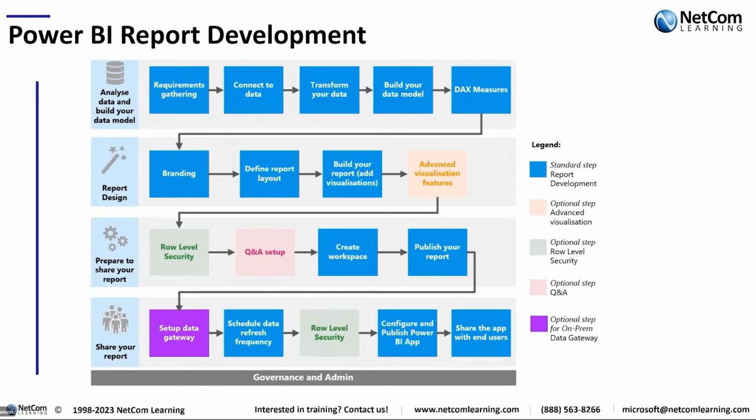Now, the data model may be built for you based on the type of data that you're connecting to. So you may decide that the data model you want will be based on the different tables, columns, and relationships that you want to manually generate for your report. Or you may just choose a data model that's been created for you or that already exists, so you don't actually have to create one from scratch.